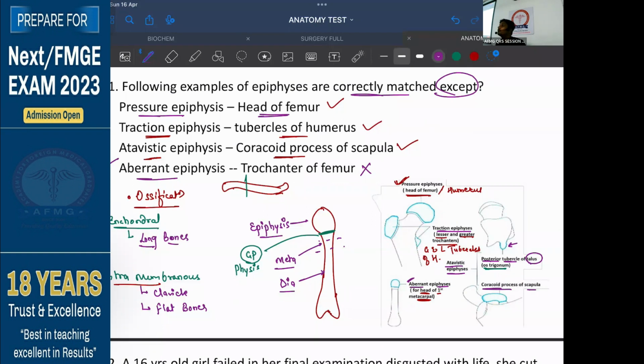They are traction epiphysis because they are created due to pull of the muscles. No issues with this, anybody? कौन सी muscles attached होती है? Greater trochanter पे शाबाश, gluteus minimus and gluteus medius, please remember. And lesser trochanter पे